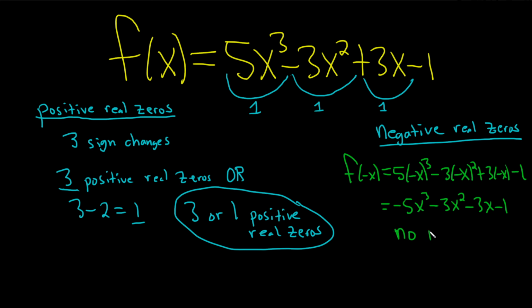So there's no negative real zeros. Right? We would need sign changes to do the same thing we did a minute ago with the positive one. So that's how you use